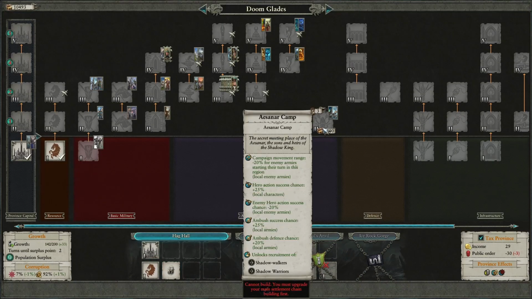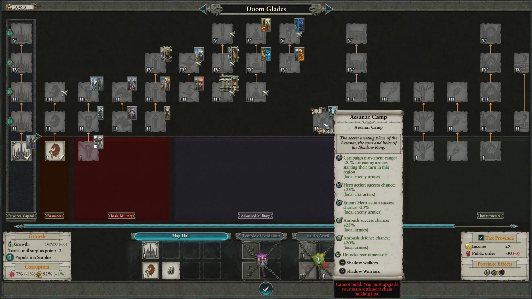But yeah, you can see the bonuses: reduced campaign movement range for your enemies, reduced ambush and hero action success chance for the enemies, increased hero action success or ambush success chance for your own armies, right? So it makes your ambushes and hero actions better, it makes their actions worse, and it reduces their movement range. But besides that, it's just not...